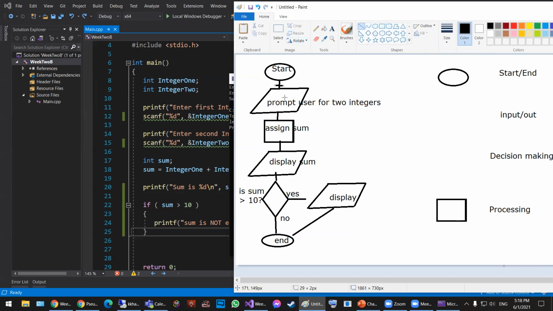So this is an arrow. This is an arrow. This is an arrow. So also similar to pseudocode, if I come as your manager